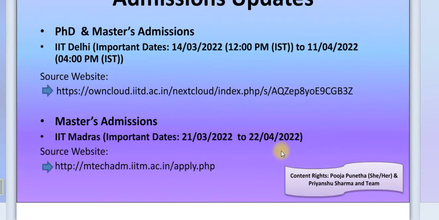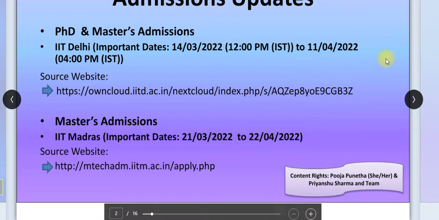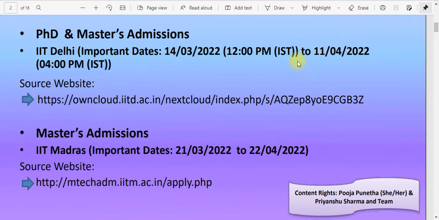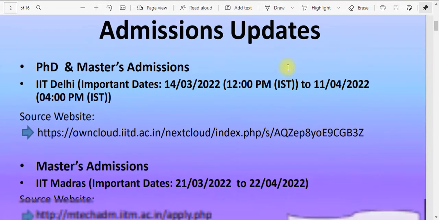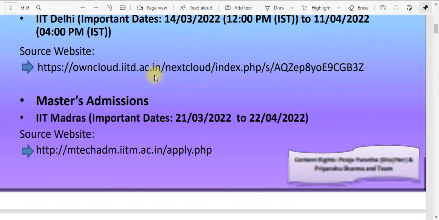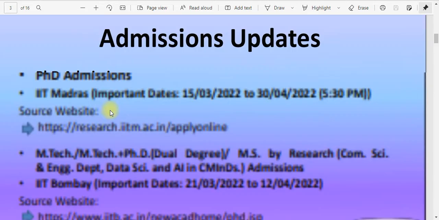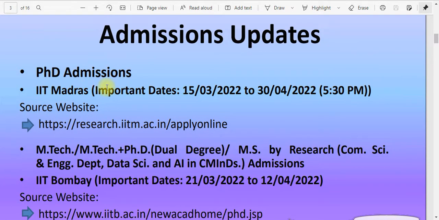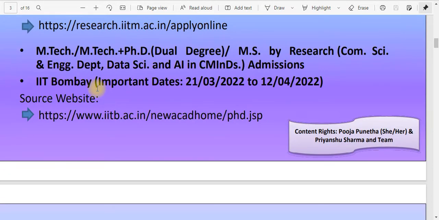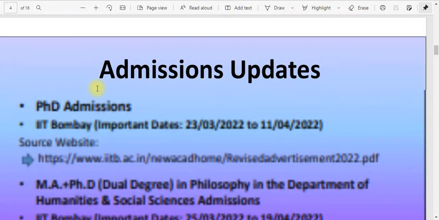I will quickly show you what are the contents of this PDF so that you can get a rough idea. Firstly they have told you about the admission updates. If I show you here, firstly the admission updates are specifically for the IIT Delhi PhD Masters, and then IIT Madras Masters admission, then IIT Madras PhD admission. They have given the important dates and the link from where you can apply. IIT Bombay admission, then PhD admission